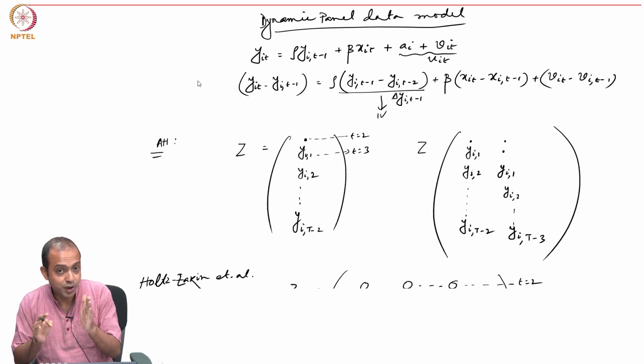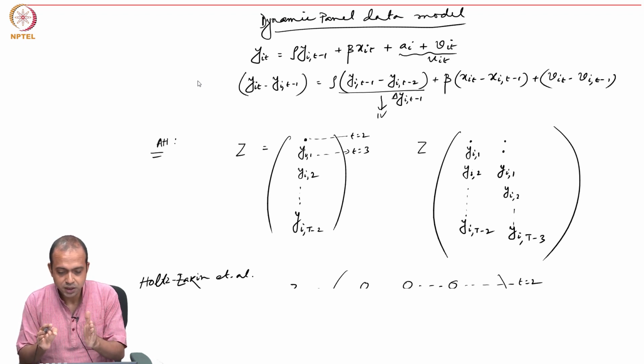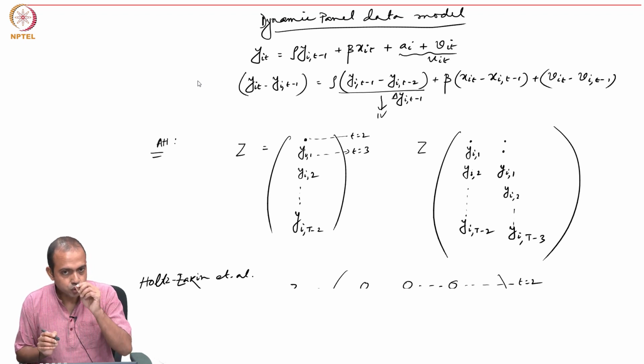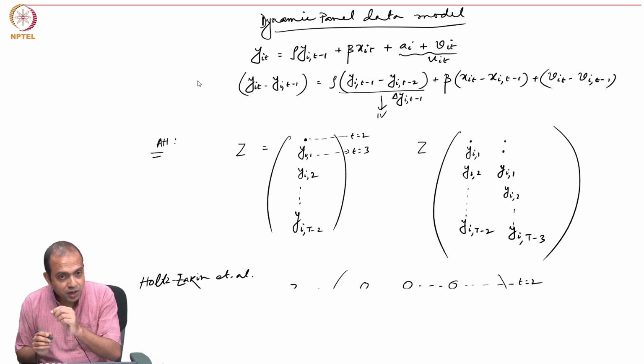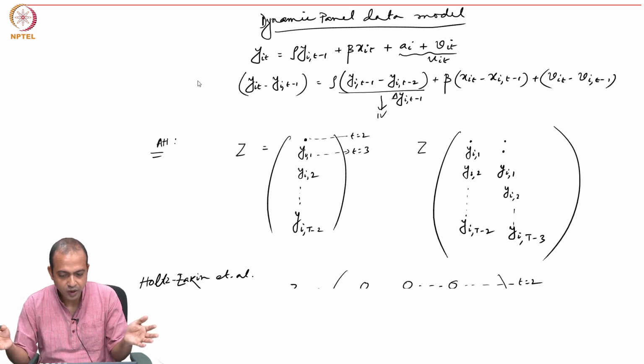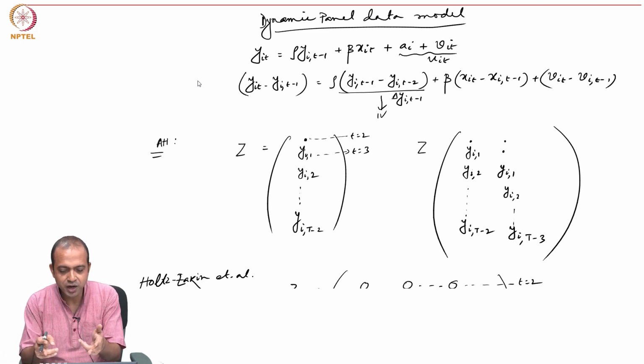And if you recall, we have also discussed that for dynamic stability, the value of rho should be less than 1. Okay. So if rho equals 1, then as we proved in our last class, the model does not become dynamic, it becomes a static one. And if rho is greater than 1, that does not define the stability of the dynamic system. You can easily understand this by subtracting yit minus 1 from both sides.